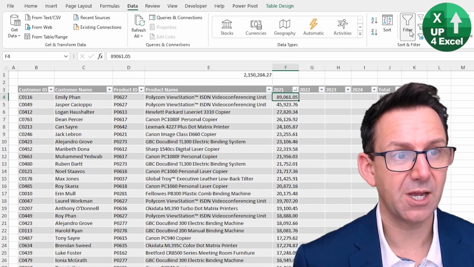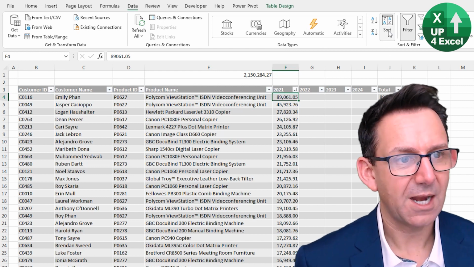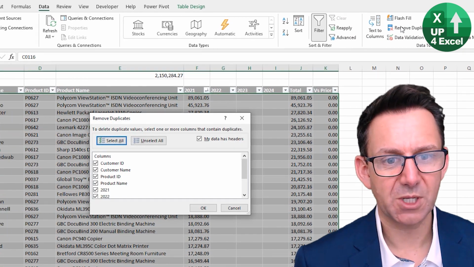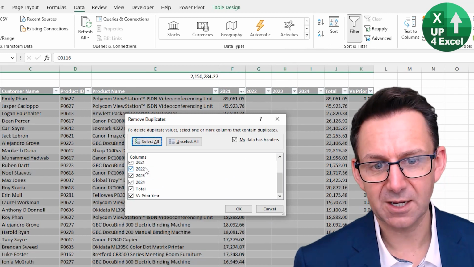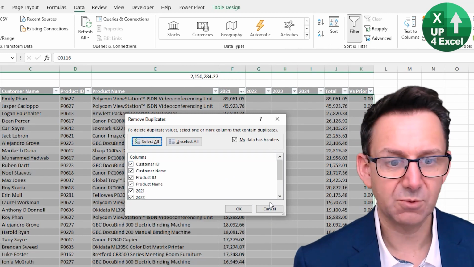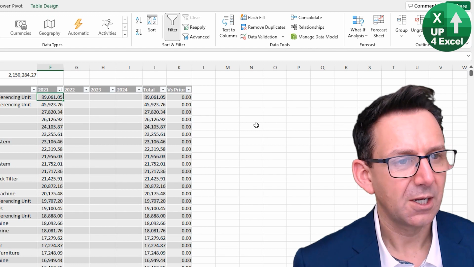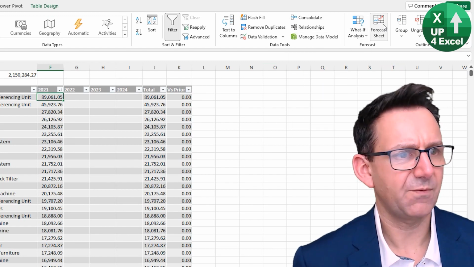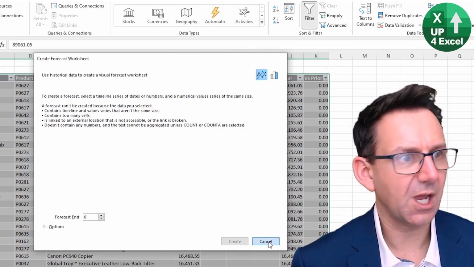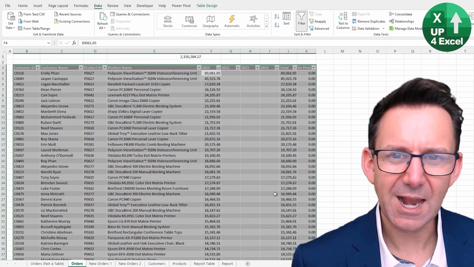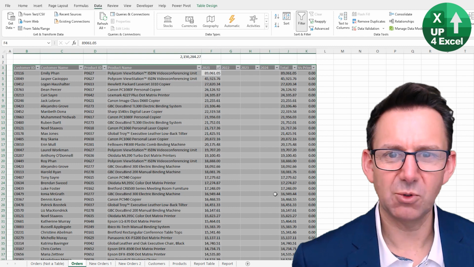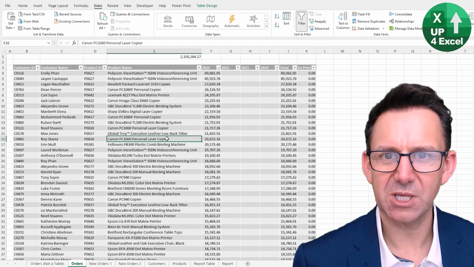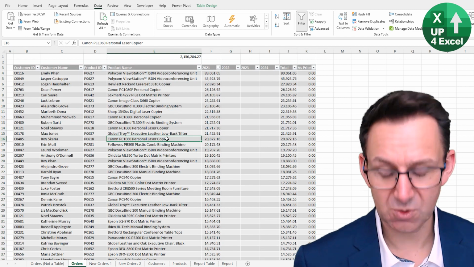Same with the filter, anything like sort, remove duplicates, it automatically highlights that. If you want to do anything like that, maybe something like a forecast sheet, it picks the whole thing up. So any buttons that you hit, it will automatically expand to pick the data, and that includes shortcut